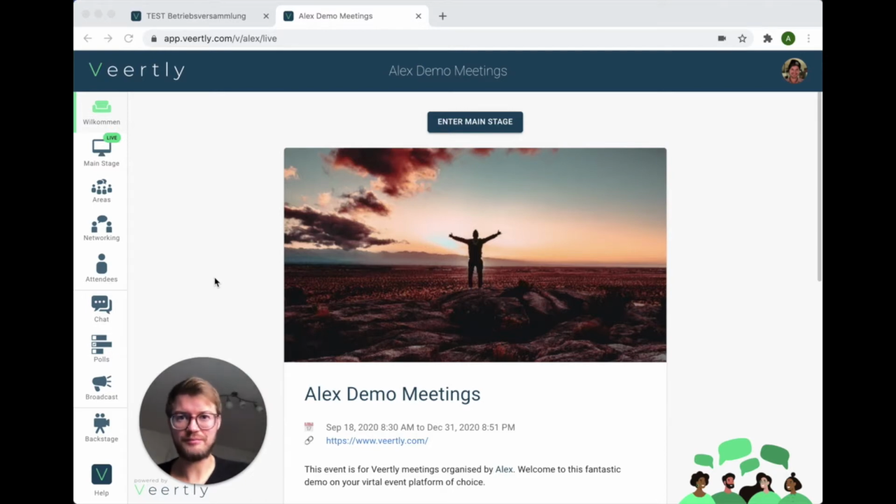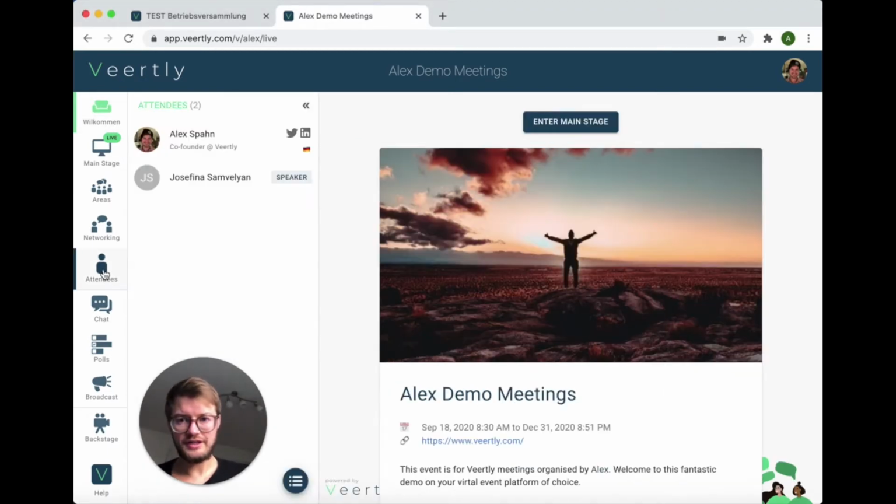the Veertly platform. So first of all, make sure they are joining the event with an account. Either they create an account, or they log in with their existing account, or they sign up with Google. It's important that they're not joining as guests, because otherwise if they come back or want to access the cockpit, they won't be able to. So make sure they log in with an account, and once they're in the event you can click on attendees